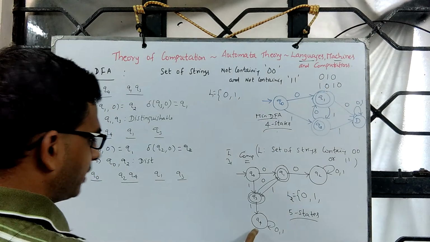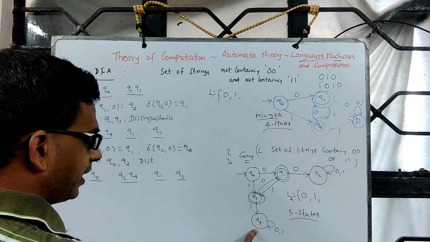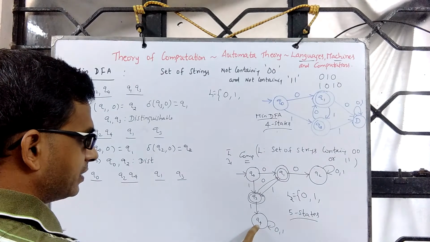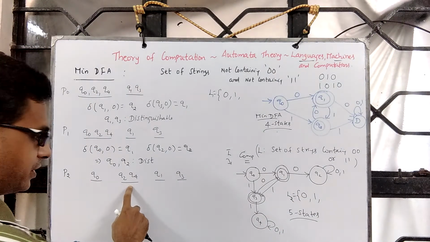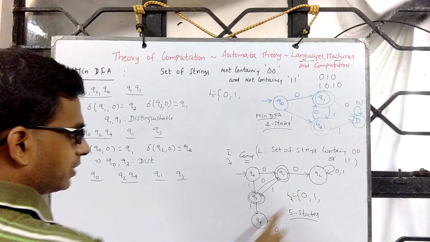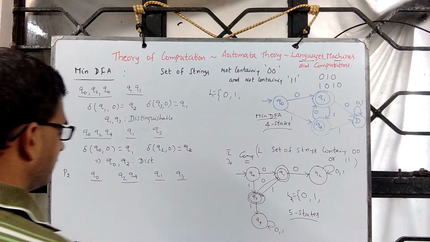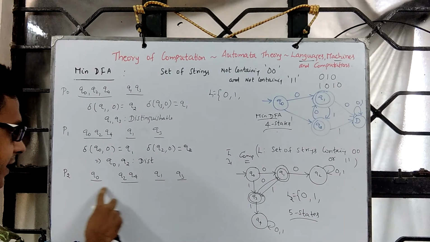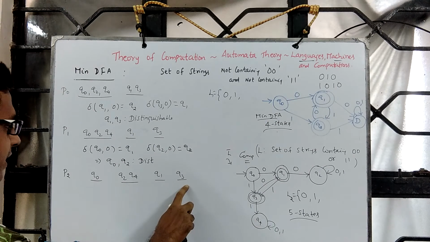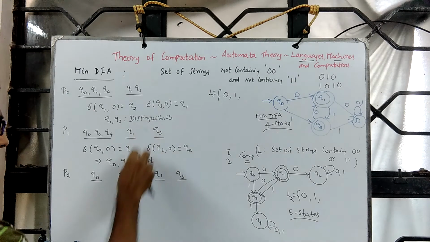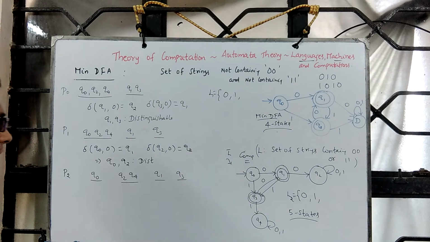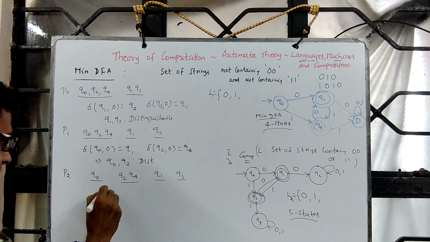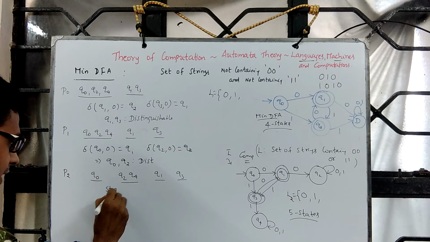Q2 comma 0 is Q2, Q4 comma 0 is also Q4. Similarly for 1, which means determinism is preserved here, whereas at these two places determinism is not. Okay, so which means stop and